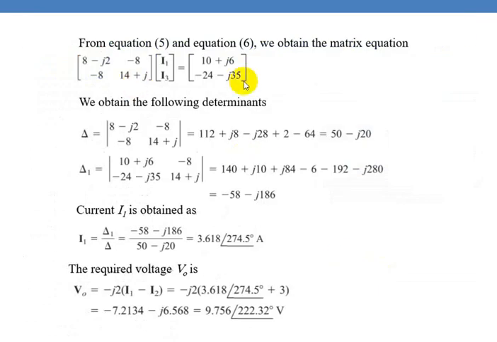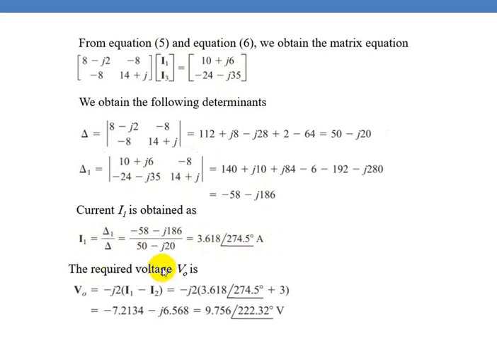So now write it in the matrix form, then find out delta, the determinant of this, and find out del 1. So that is, you replace these two elements by these two elements, find out del 1. So obtain I1, that is divide del 1 by delta, which gives us 3.618 at an angle 274.5 degrees